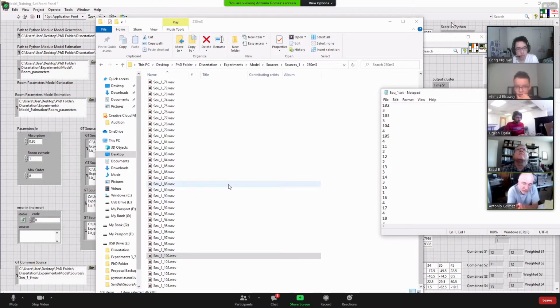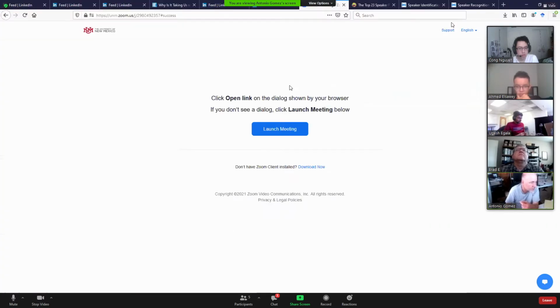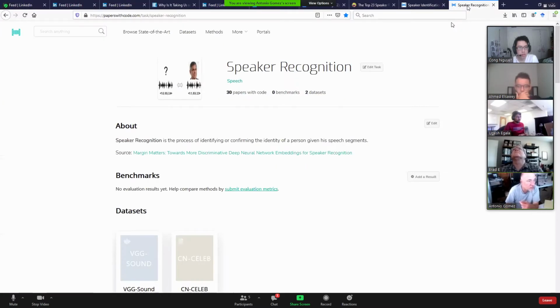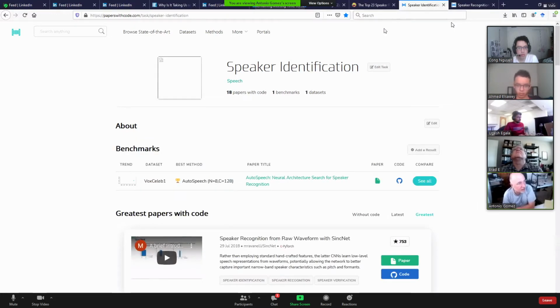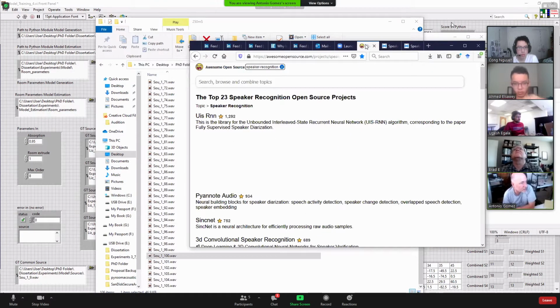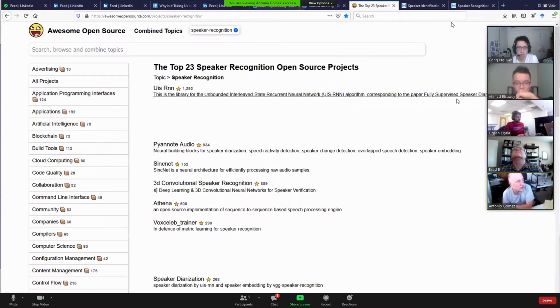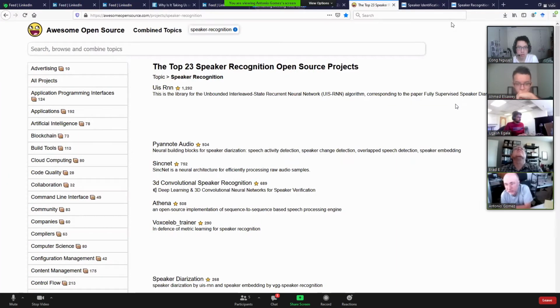And number three, that probably is easier for everybody to follow, is I have a bunch of programs here from Papers with Code, speaker recognition, speaker identification, and there is one here called the Top 23 Speaker Recognition Open Source Projects.